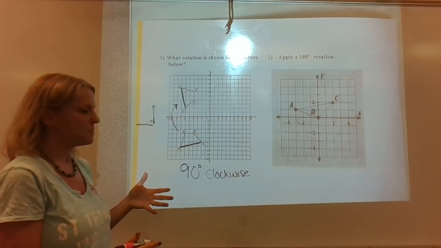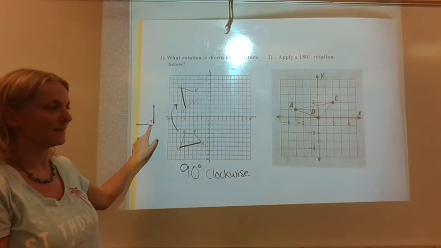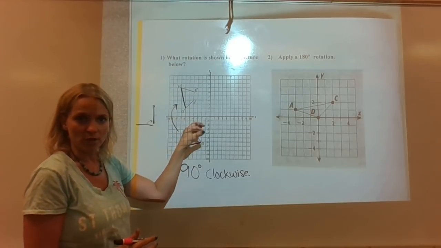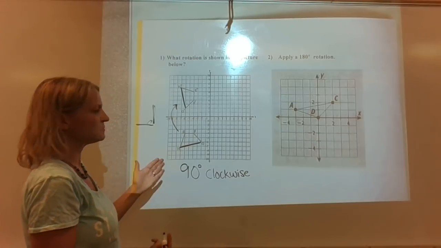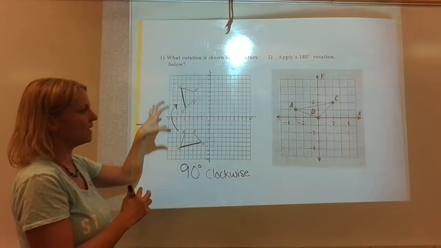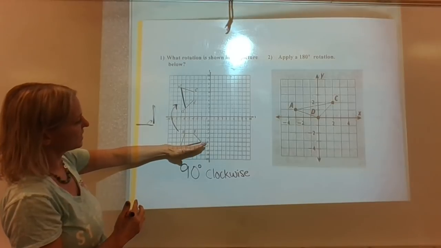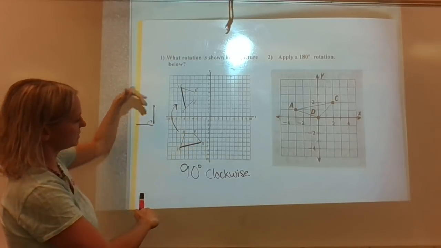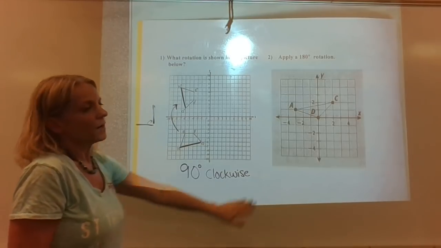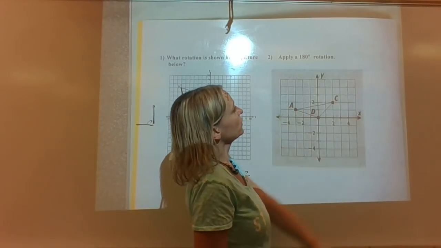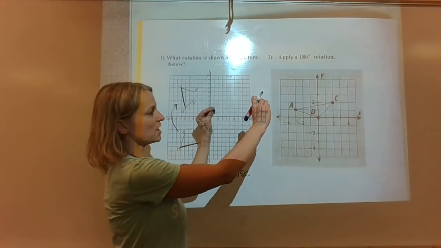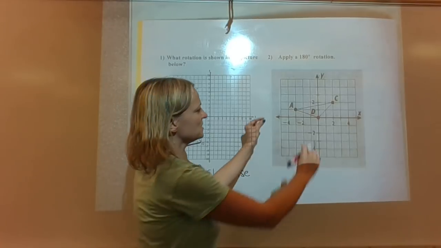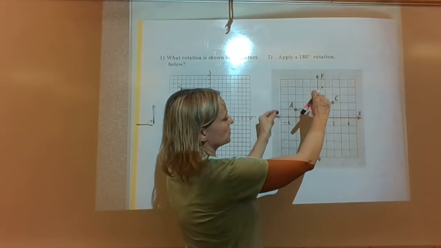Okay, so we're going to keep it pretty basic with our degrees and just do ones like 90 or 180 whenever we're envisioning them on a coordinate plane. Obviously, we could rotate at different degrees, but then it's harder to determine when they're separate like that. So if we're just envisioning going from almost horizontal to almost vertical, that would be a 90-degree rotation there. All right, now this one is telling me to apply a 180-degree rotation. That means I want to take the shape and completely flip it over. Okay, so if I look at this, if I'm going to completely, not flip it this way, but completely turn